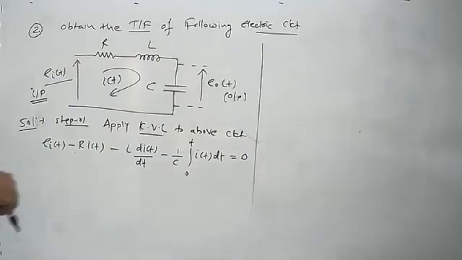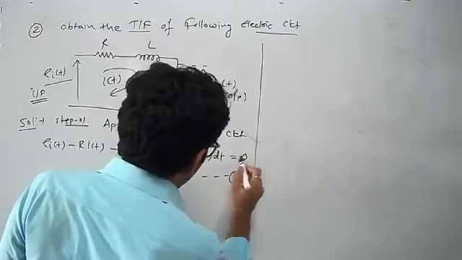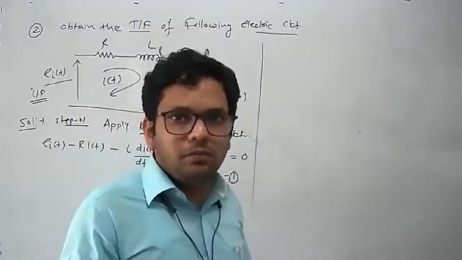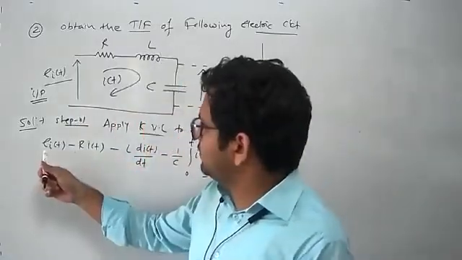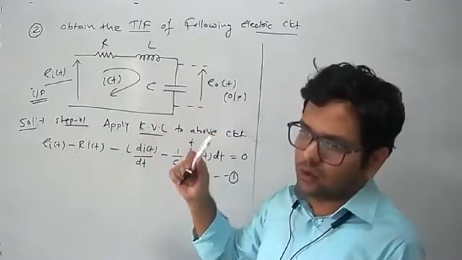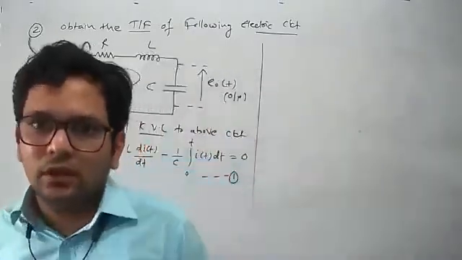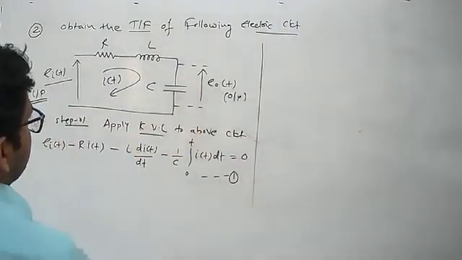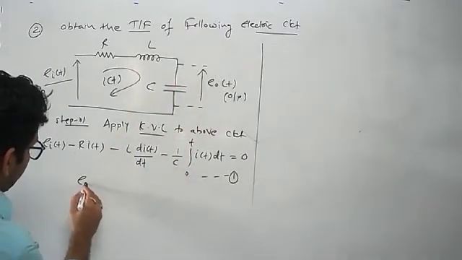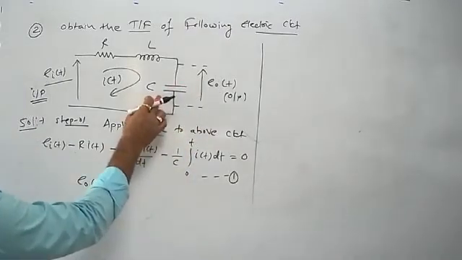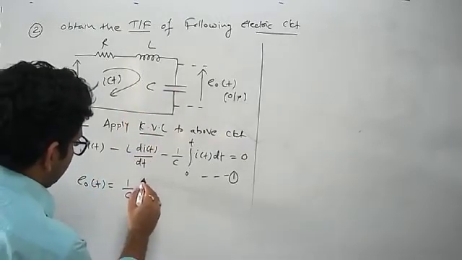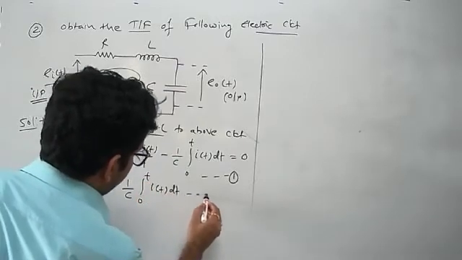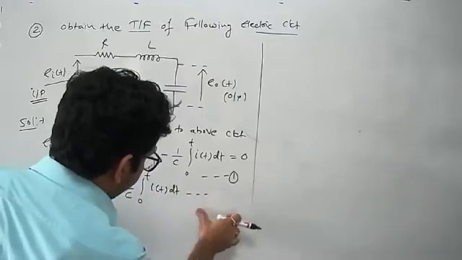Let this be your equation number 1. Because our objective is to find the transfer function, which is nothing but the ratio of output by input, here we have the relationship between input and current, but we don't have the output. So we need to write one more mathematical equation which provides the relationship for our output, and here the output is defined across the capacitor. So I can write the output E naught of t, which is nothing but the voltage across the capacitor, which is 1 upon C integration 0 to t I of t dt. Let this be your equation number 2.